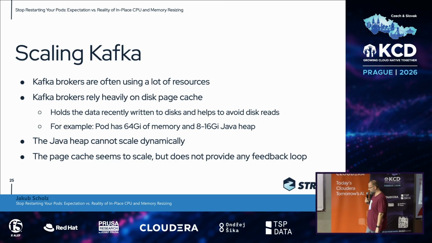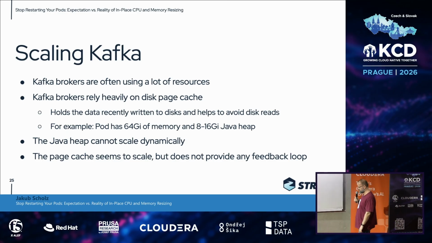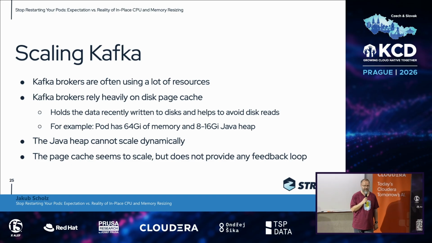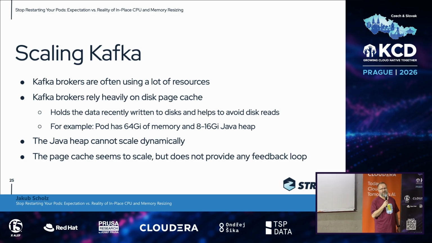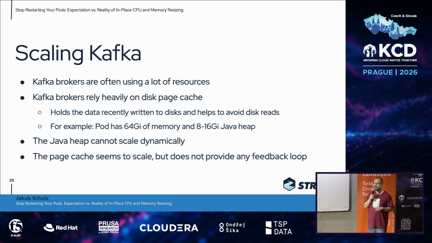Scaling Kafka on its own is even a bit more complicated than Java itself, because Kafka brokers are often pretty big pods with a lot of memory. Having Kafka brokers with 64 gigs of RAM is not really exceptional, but the way you typically run Kafka is that you will not have the Java heap use the whole memory. You would, for example, have the pod with a 64 gigs memory request. You would configure Java to use only 8 or 16 gigs of that memory, and you just reserve the rest of the memory